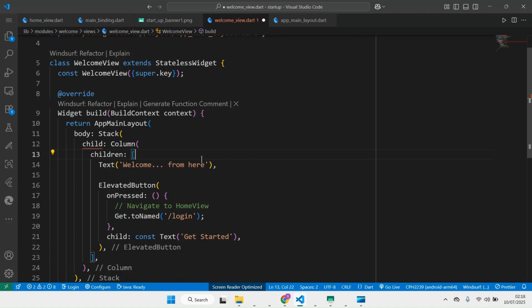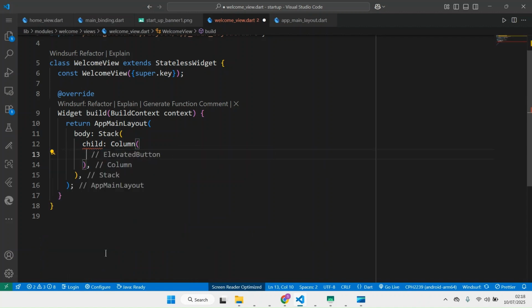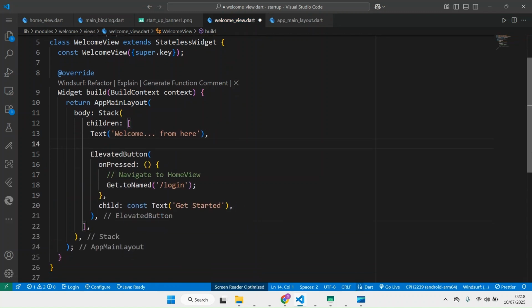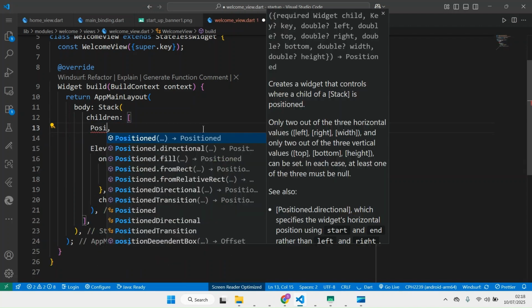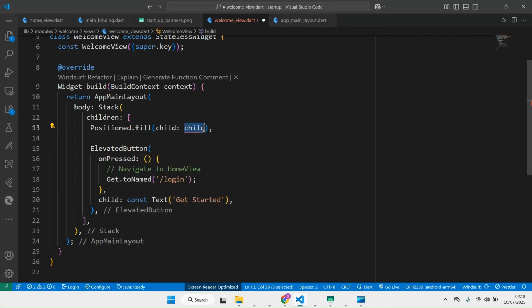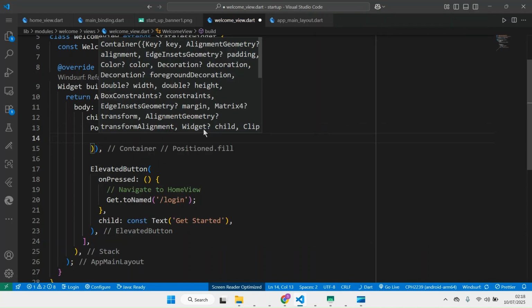So we can remove this and wrap here. So children. Okay, we can do position fill because we want to fill all the remaining position. So we can do position dot fill, and for child we can pass container. Container, and so for container